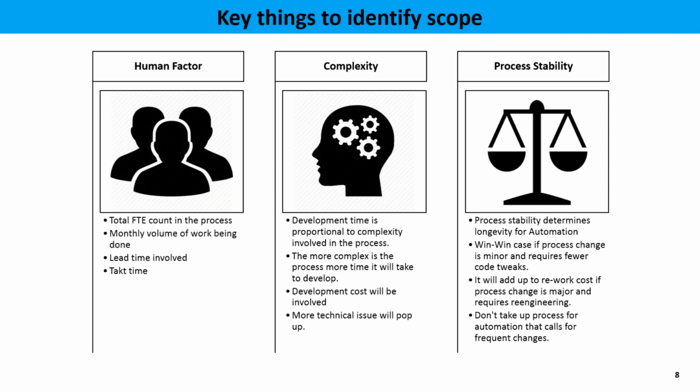The client should be confident that the target application is stable, in the sense that no frequent changes should come if you are working on a web portal, because any kind of changes in the process or any kind of changes in the